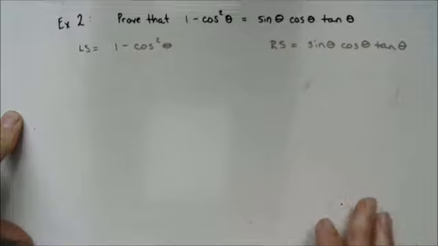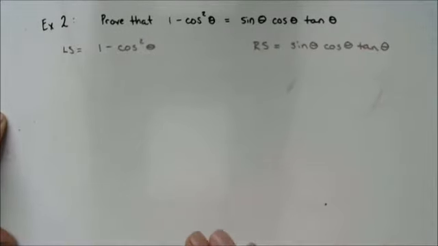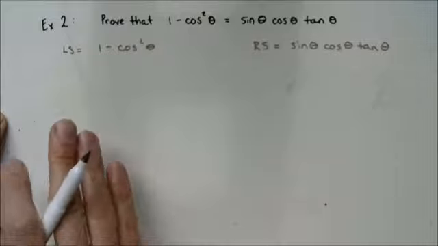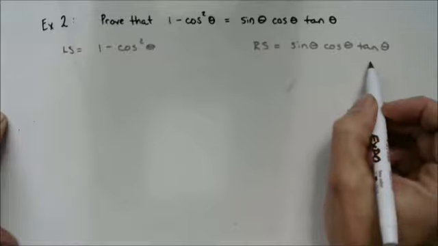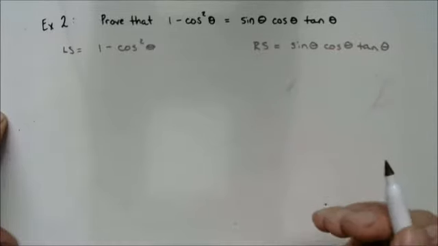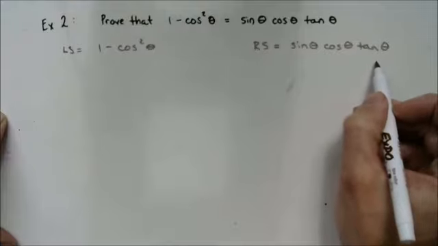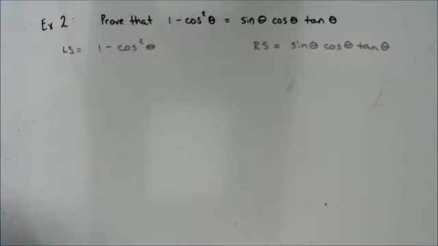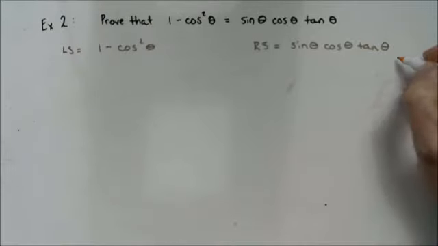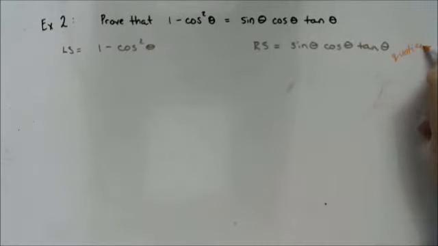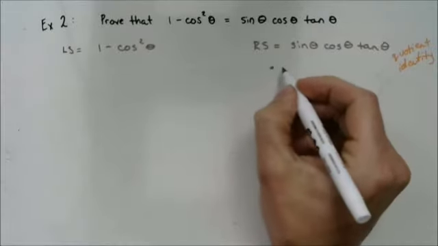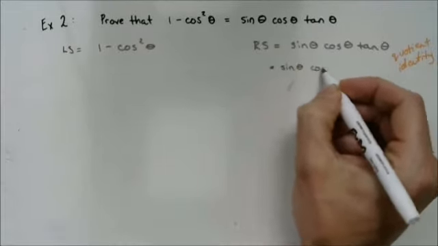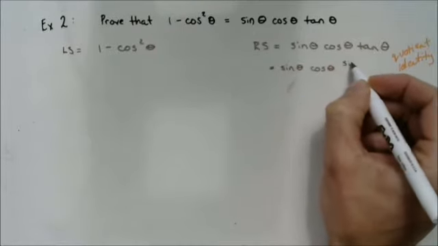Now, in this example, I can see two things that I can do, and actually working from both sides is going to be more convenient here. The first thing you're going to notice, probably, because you're supposed to deal with reciprocal ratios, in which there are none, and then tangent ratio, which there is, I am going to use the quotient identity over here on the right side, which changes my right side into sine times cosine times sine over